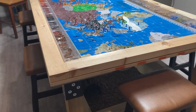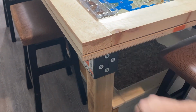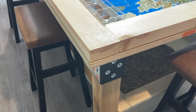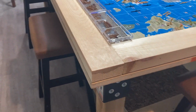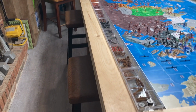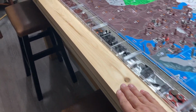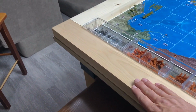And I'll just show you some details here. It's kind of crude. I'm not a woodworker or carpenter by any means, right? A lot of people would have probably preferred a 45 there, but I've just been used to building my banks like this. So what I do is, with these banks, these 2x4s, I go to Home Depot and I grab pine. So pine is really smooth. Now, I did not sand or varnish this one, and